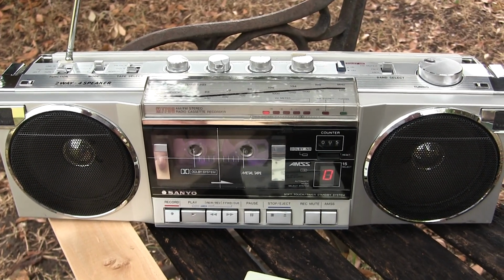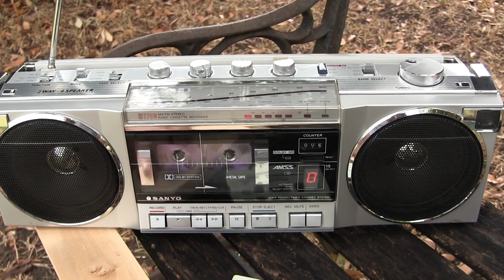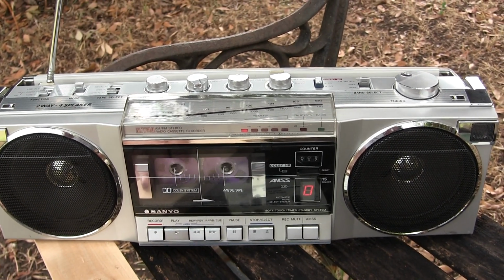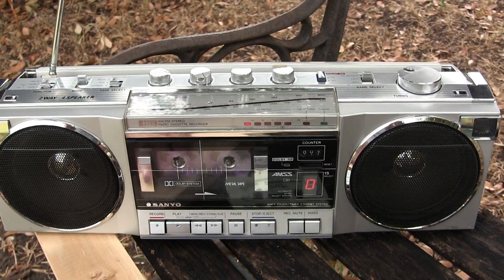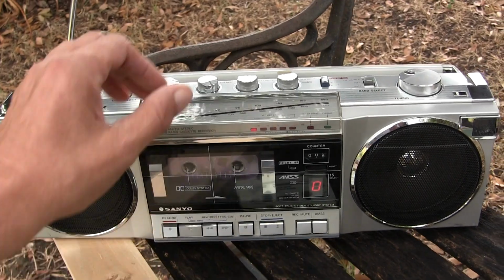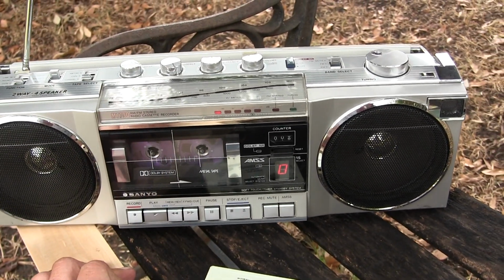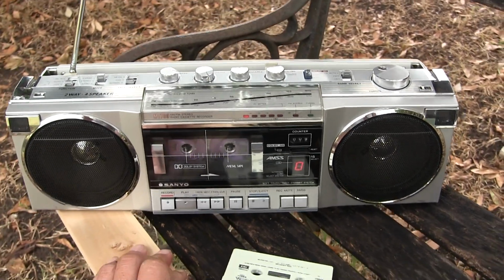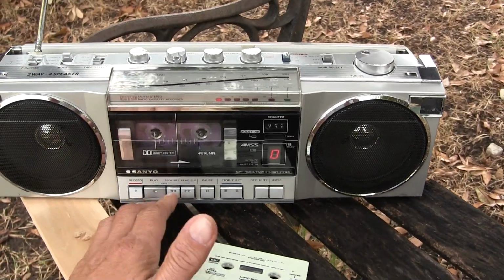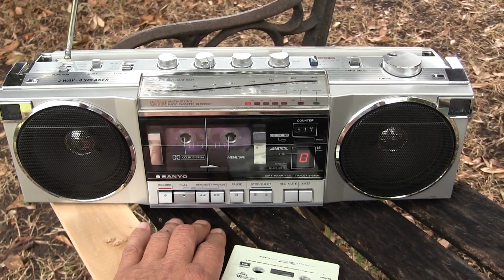the other end here and show you the AC input, where it takes seven C batteries for 10.5 volts. Okay, and then I'll just show you the back right here. That's the back. Okay, and then of course we flip it to radio, we can record from the radio, right? So